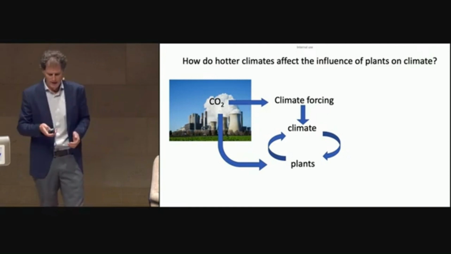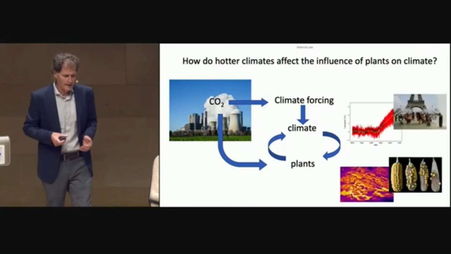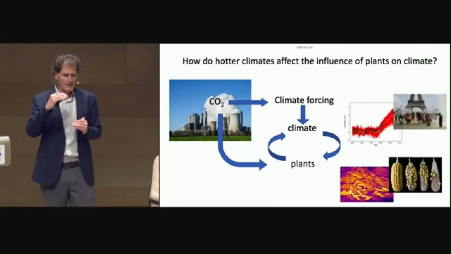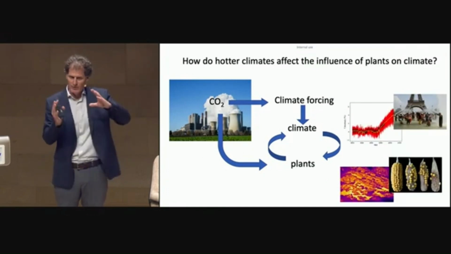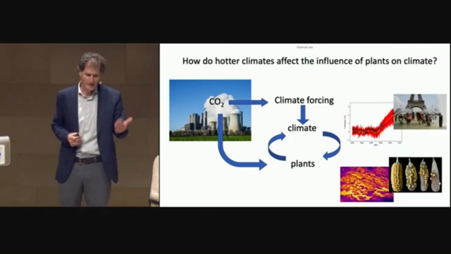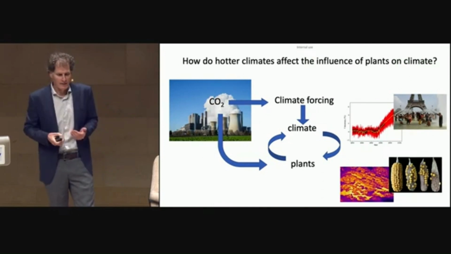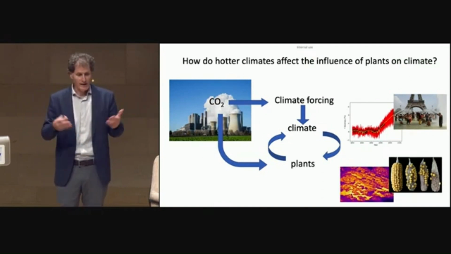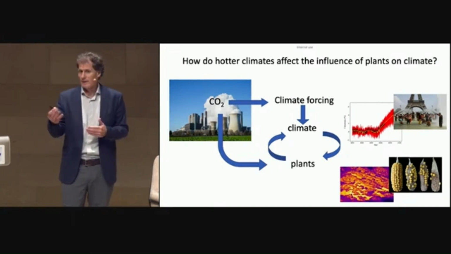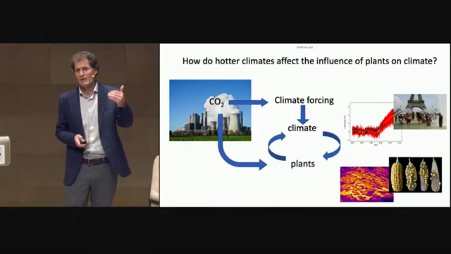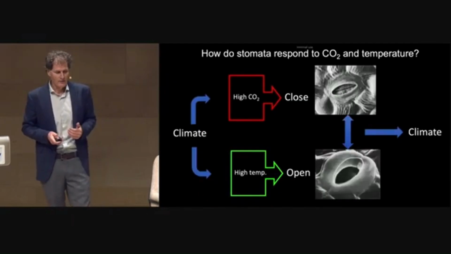So we have these two prongs of disturbance that are upsetting this feedback process between plants and climate. So we need to understand more about how that process works so we can be better prepared to make predictions about heat waves and heat damage to crops,